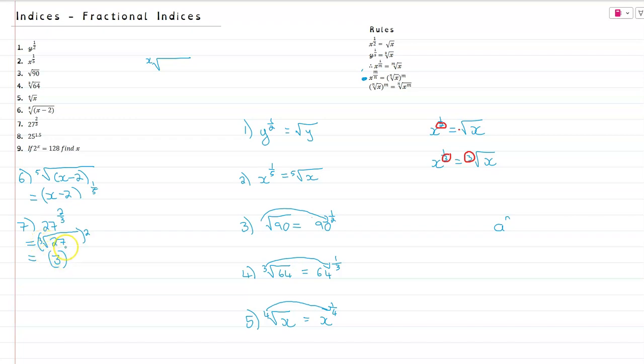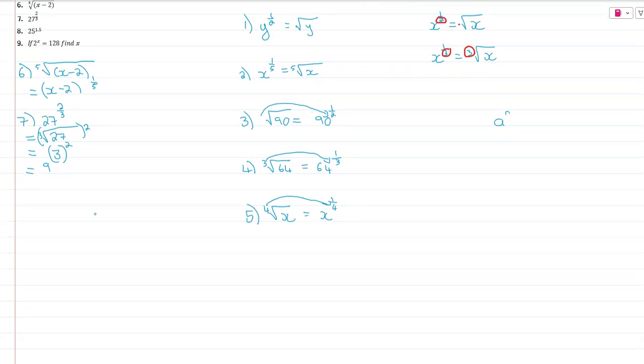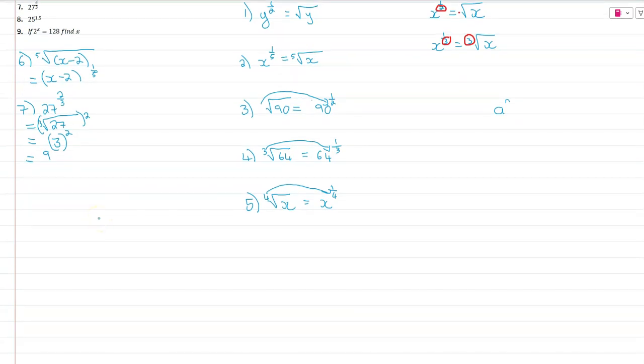And then we have 3 to the power of 2. So what is 3 squared? 3 times 3 gives us 9. And that is the answer of our equation. Okay, let's look at our second last question. Our second last question says at number 8,